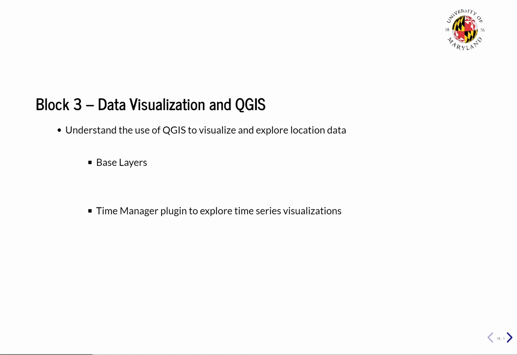In the third block, we will understand our data better by using the QGIS tool. We will be able to see how the data is changing with respect to time. Since our data set is huge with a lot of users, we will limit our visualization to just one user for simplicity. We will see a series of steps which will enable us to select this one interesting user. Then we will cover the basics of QGIS by actually using the tool, and in the end, we will use a plugin to create an animation of our time series data.